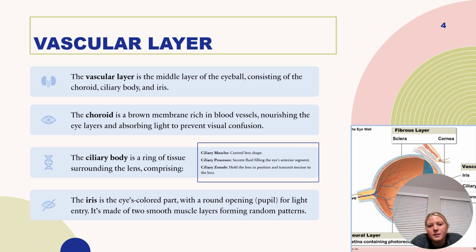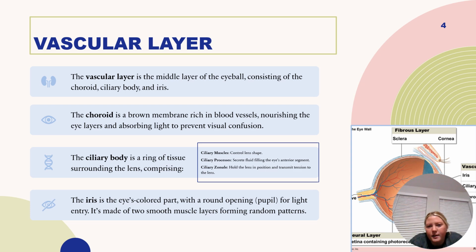The choroid has posterior openings where the optic nerve leaves the eye, but anteriorly, the choroid becomes the ciliary body. It is a thickened ring of tissue that encircles the lens and is made up of three parts. The ciliary muscle, which makes up most of the ciliary body, consists of interlacing smooth muscle bundles that control the lens shape. And then the ciliary processes, which are near the lens at the posterior surface of the ciliary body and have